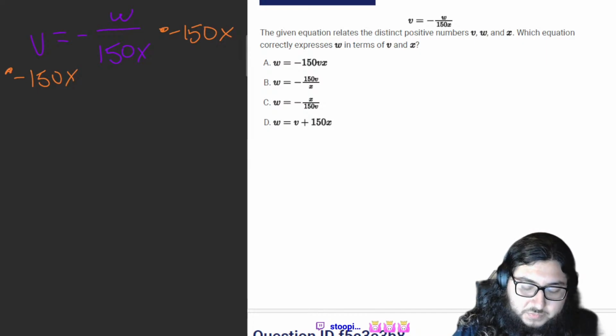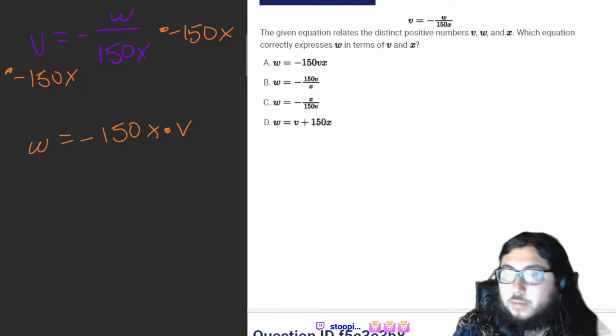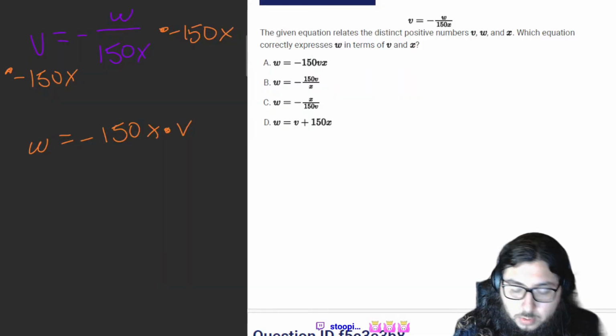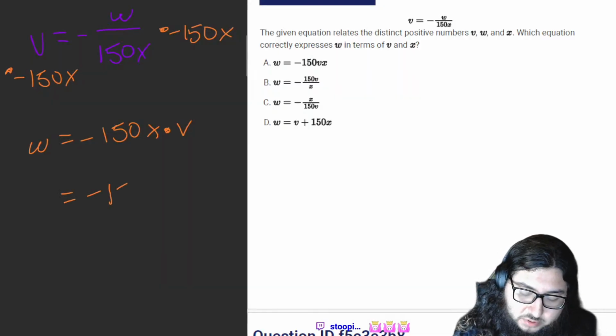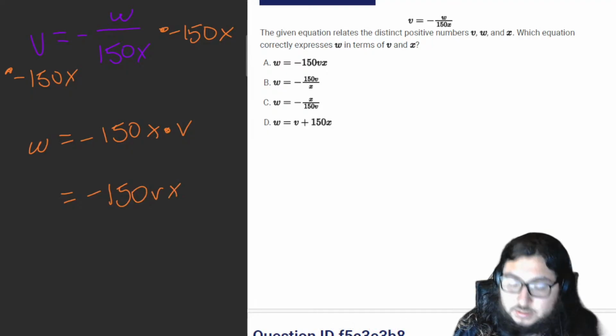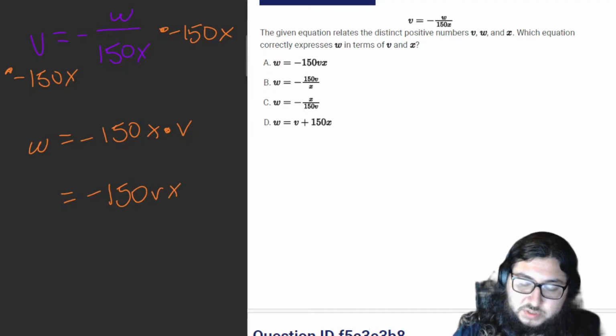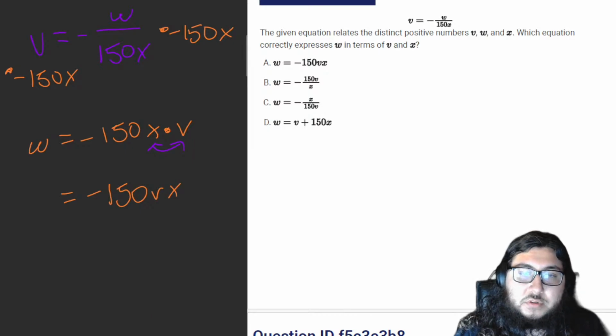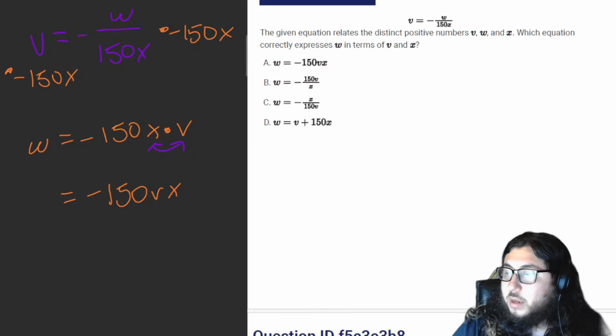But anyway, w is then equal to negative 150x times v. Or we could rewrite this as negative 150 vx to make it look like one of the answer choices. By the commutative property of multiplication, it doesn't matter what order we multiply in, we can switch things around and it'll still give us the same result. So then A